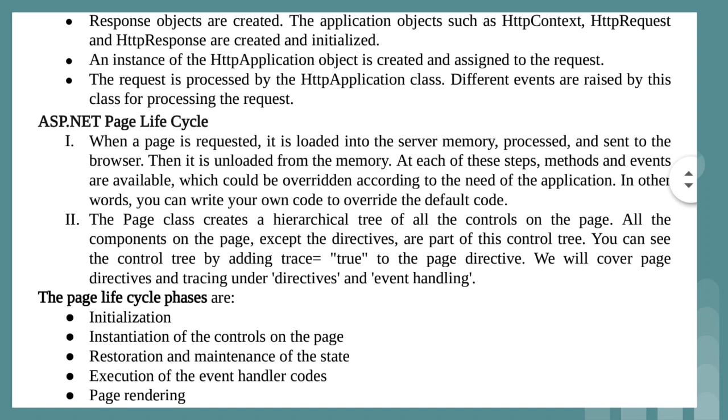That is, the first application life cycle begins, where we make a request, and as a response we get the output on the browser window. After that, when we click on any button, that is nothing but the page which we are executing. That is, from the page we are sending the request, not from the application. When we click on the run button, that is the application life cycle.